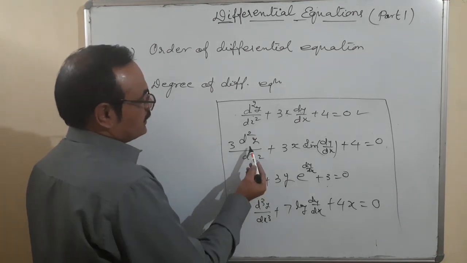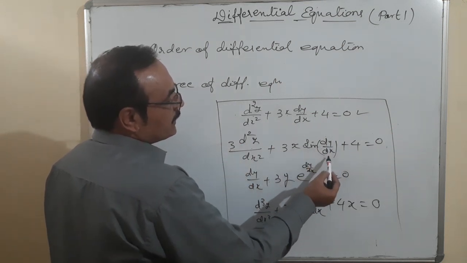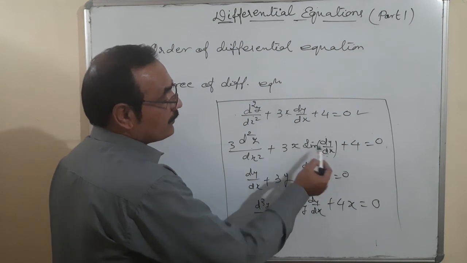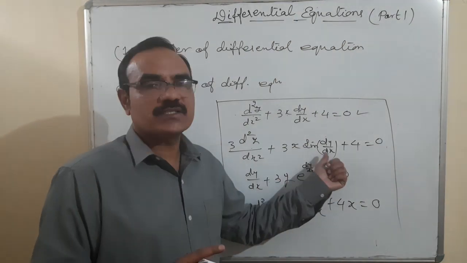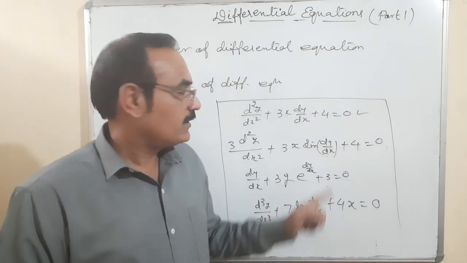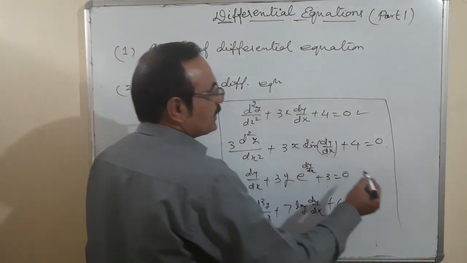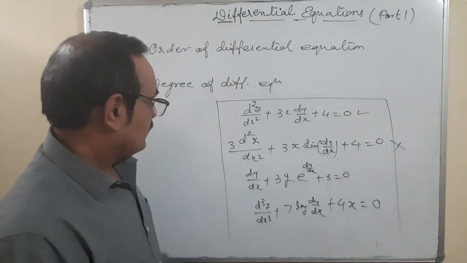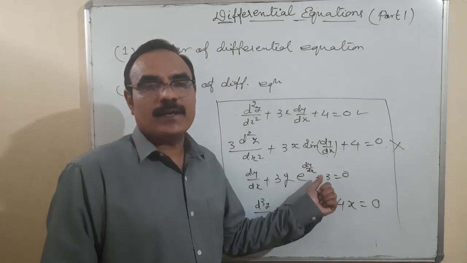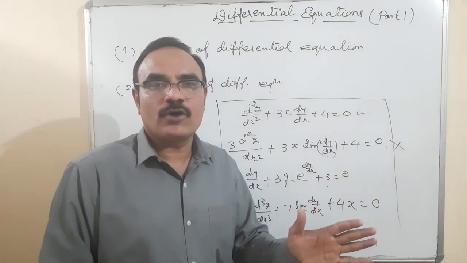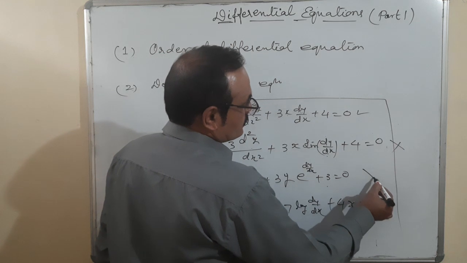Now the second: derivative multiplied by a constant term combination. Here the derivative is in the form of the angle of sine, but in the definition of a polynomial, it cannot be expressed as the angle of sine or any trigonometric term. So it is not a polynomial. Now the next, dy by dx plus 3y e to the power dy by dx. An exponential with a derivative as the power is also not a polynomial.